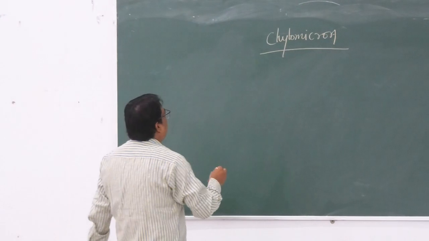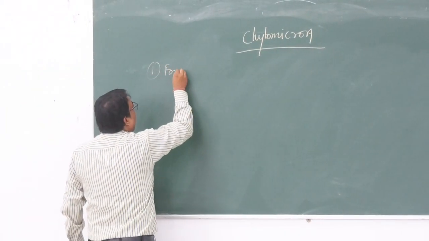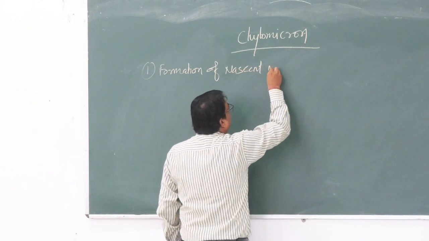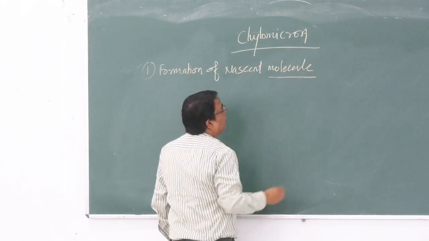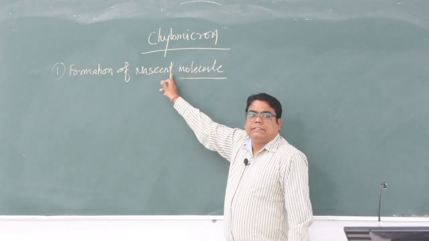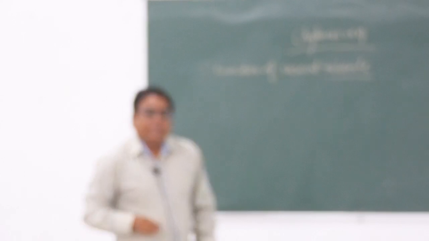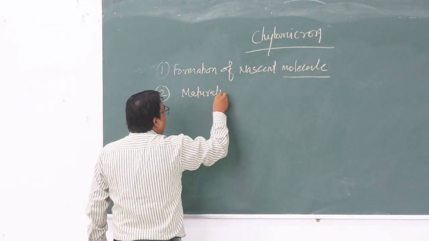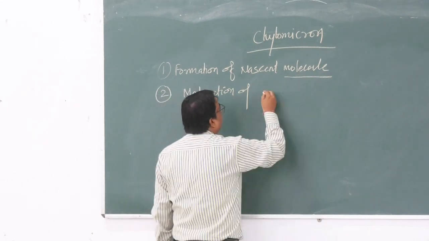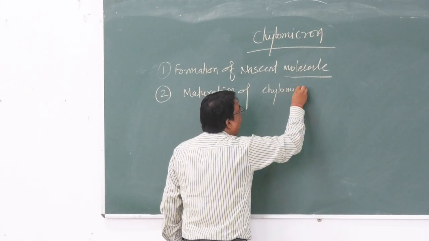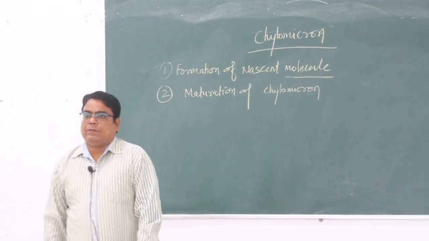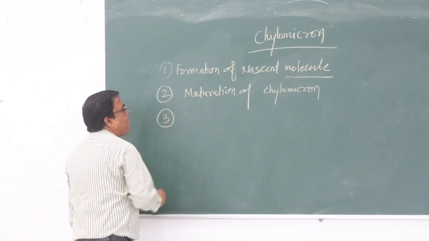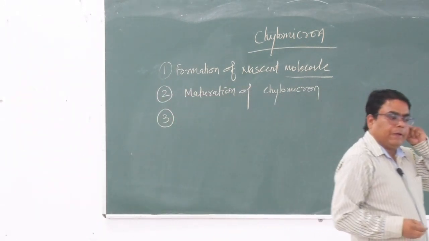Okay? So the first step is formation of nascent molecule. Nascent stands for new molecules. Okay? And the second one is maturation of chylomicron. Maturation of chylomicron. Okay? And the third step is